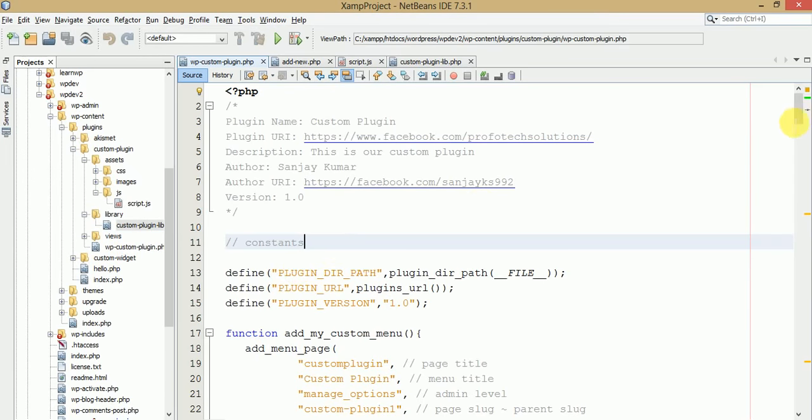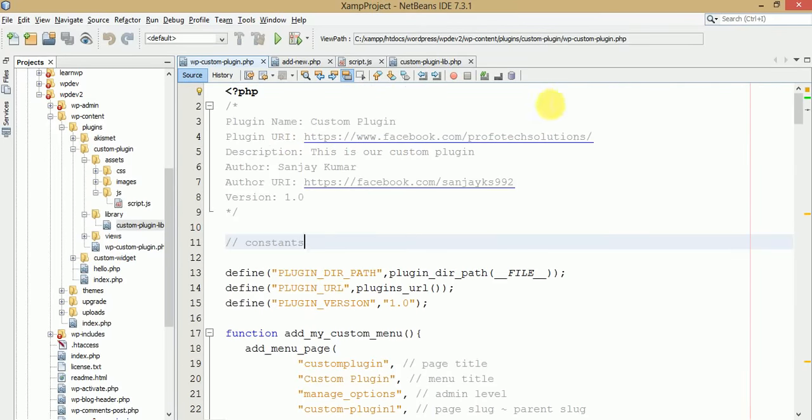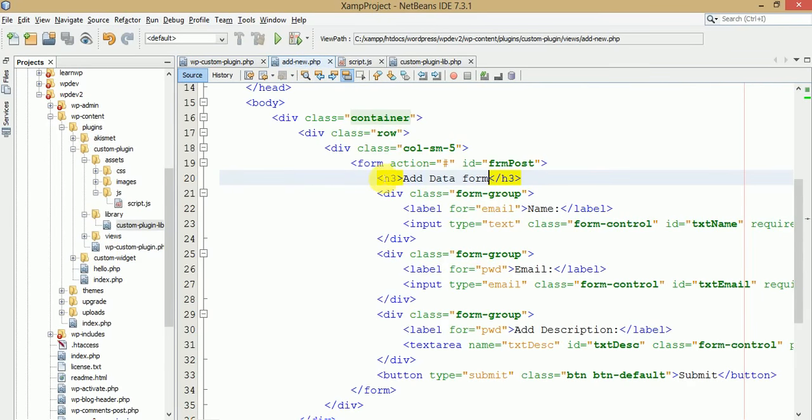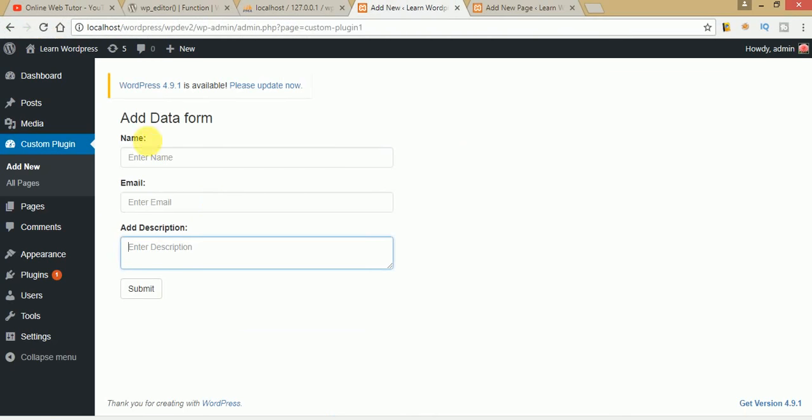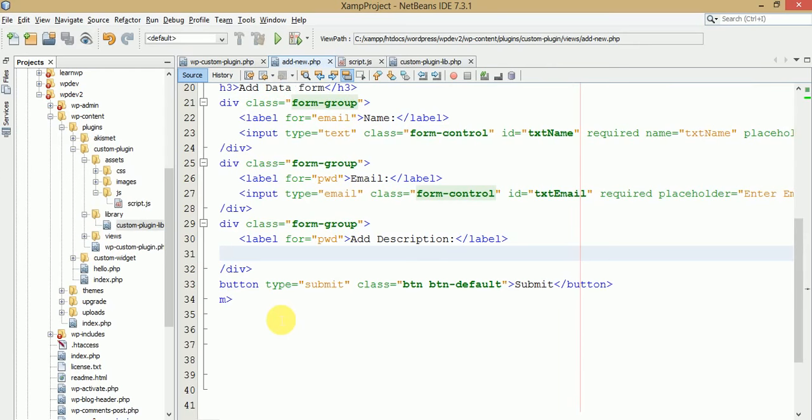This is the code of our custom plugin that we have coded so far. Go to add new, and here is the data where we can find name, email, and description. We get all this data on the front end. Let's remove the description box from here, just get rid of this. Now we are going to use the function wp_editor. Under the PHP code, you have to write wp_editor,